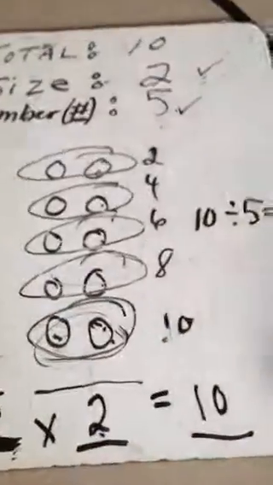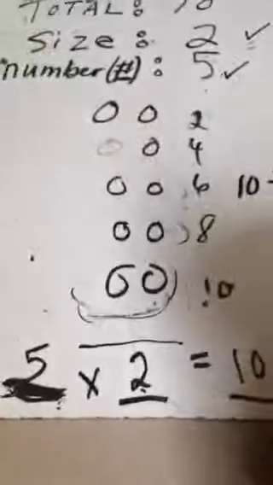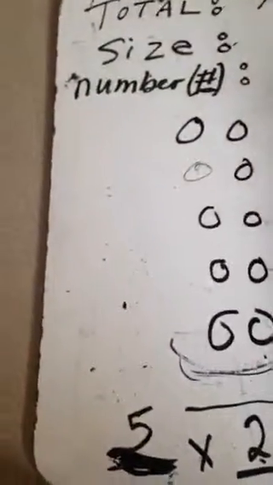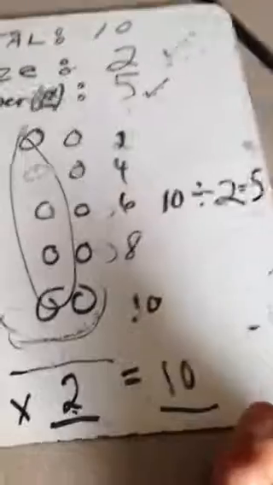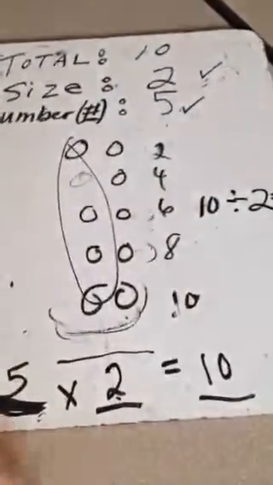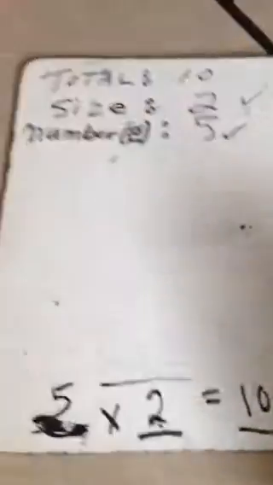Or if you had your array looking like this, then you could say 10 divided by 2 groups, 1, 2, equals 5. However, we really haven't talked about columns. Last year we did. So is that technically correct? Yes, it is. But ideally, what I want to see is that you're dividing by the number of groups